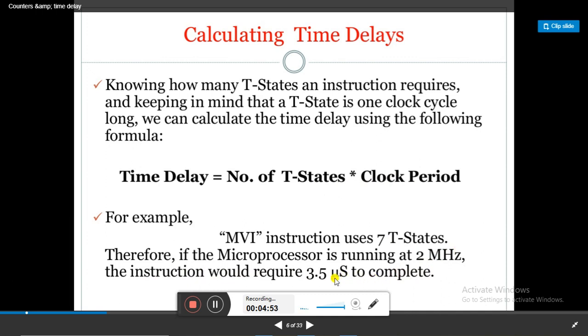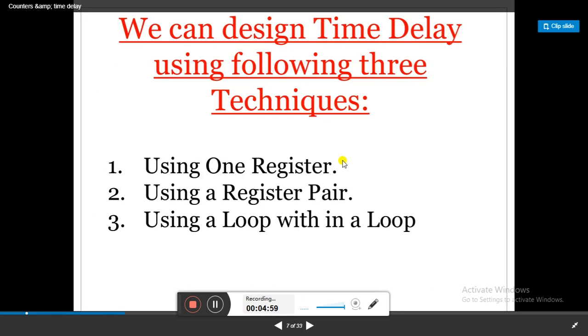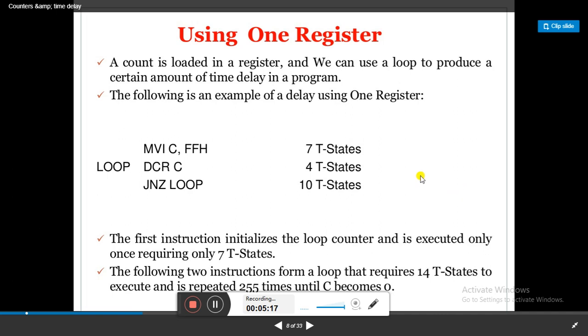It takes 3.5 microseconds to execute the MVI instruction. So we can design time delay using the following three techniques: using a single register, using a register pair, or using a loop inside a loop, that is nested looping. We consider them one by one.